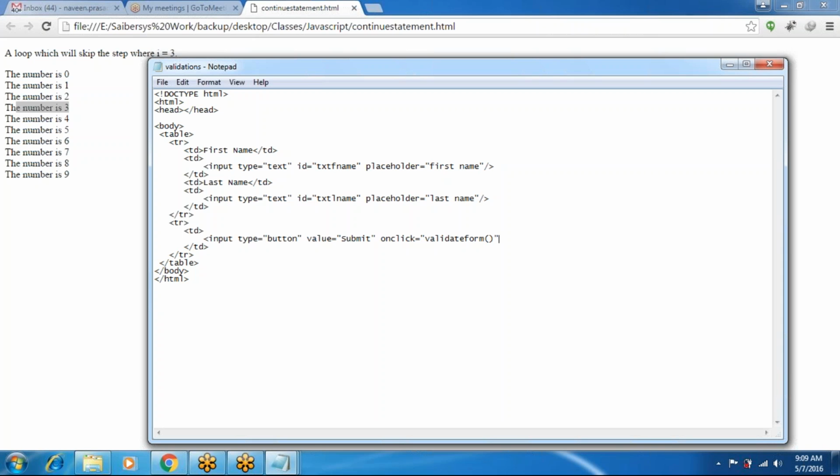So when you click on the button, this function is executed in JavaScript. Okay, button close.